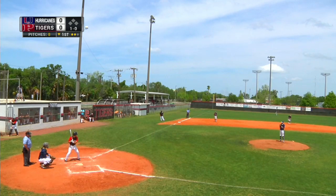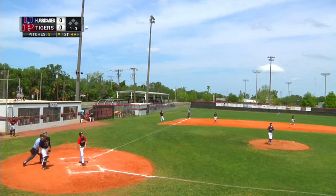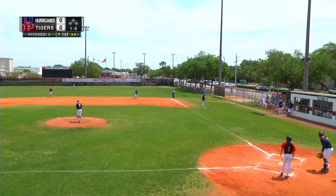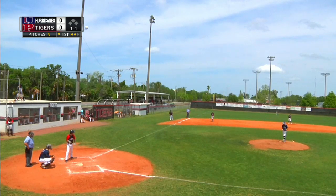Harrison doing a really good job at the plate this year, one of the leaders on the team, and he hits a ball, and that's going to go out into the parking lot along 17th Street, just missing someone's windshield. I think it was mine. Thank goodness he didn't connect any better with that, but that brings the count to 1-1